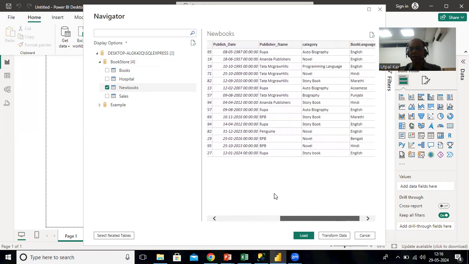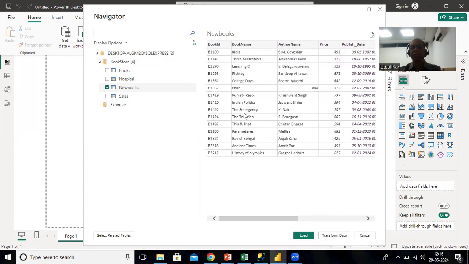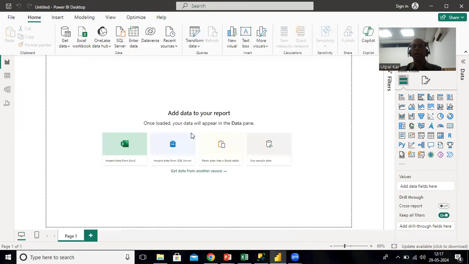You can scroll right, or if more data is there, there will be a vertical scroll bar as well. This data is coming from SQL Server, and it looks good because all the column names are coming in a very symmetrical manner, and I don't see that any transformation is required. So I am simply saying Load, and that's how you can import the data from SQL Server